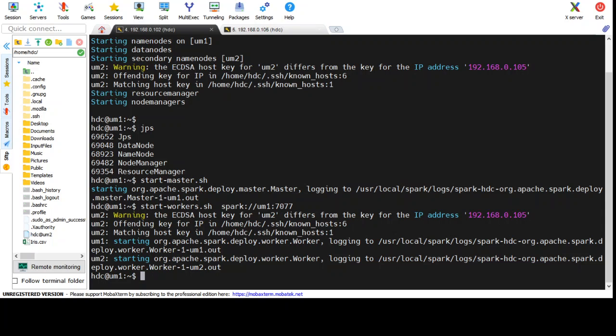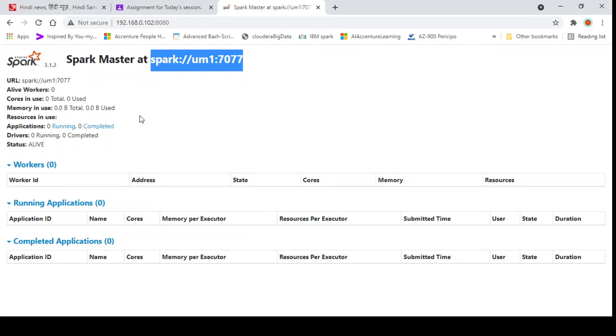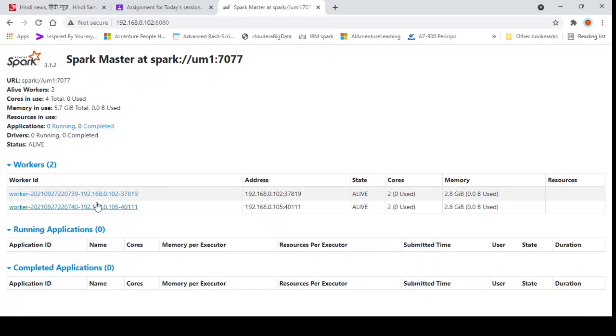Okay, let us check in the web UI whether these workers are up and running, or whether there is some issue, because that might be. See, both are working.